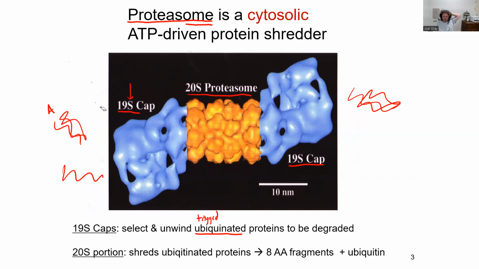And when it's picked up by the 19S cap, it's going to begin being unwound and processed into the 20S proteasome, where this 20S proteasome is going to degrade it, chop it into little pieces. These pieces are going to be approximately 8 amino acids long, and those 8 amino acid long pieces will also be separated from their tags. Okay, so